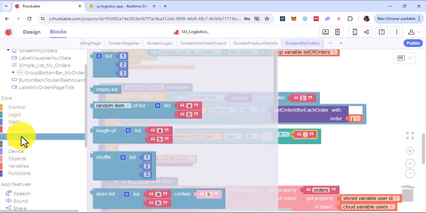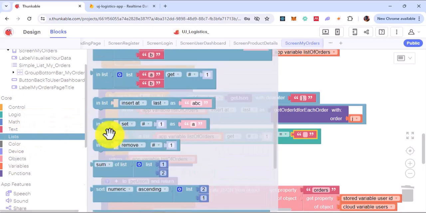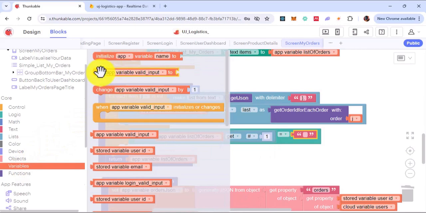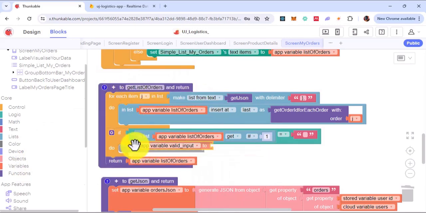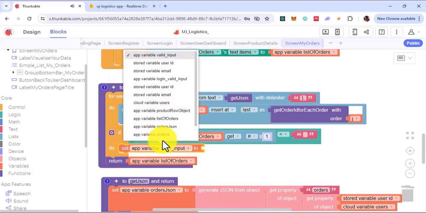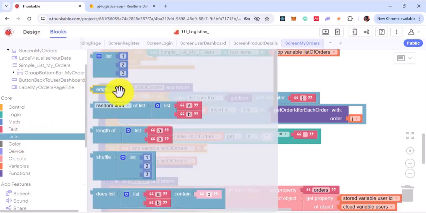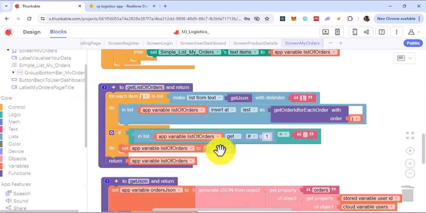Yeah, come to list, set, no, sorry, variable, set list of orders to empty list, set it back to empty list. Yeah, so I think we have that now. So if the list of orders does not have value, then set it to an empty list. So now that we have been able to do that,